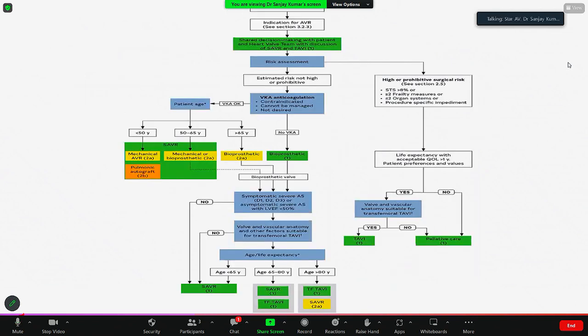We are getting delayed. Okay, so now this is the patient where we're talking about TAVI versus surgical AVR. If you really see the indication for AVR, it means these patients are already a case who need valve replacement. Then in that case, you do the risk assessment. If the estimated risk is not high or prohibitive, then in that case you also look at what are the vitamin